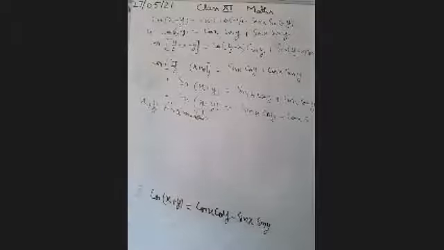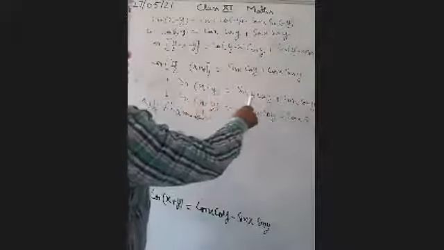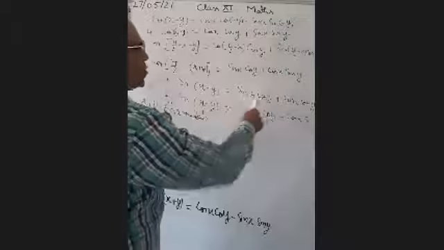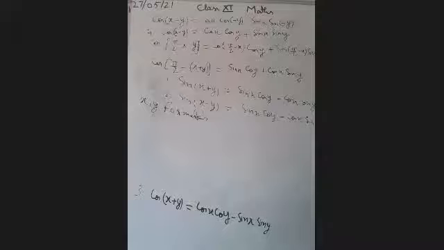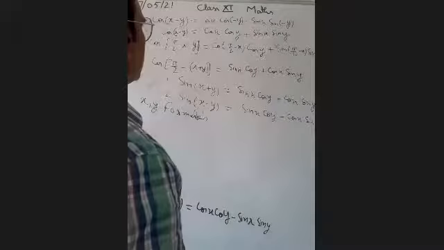These four formulas: sin(x + y) = sin x cos y + cos x sin y. Whenever we have sin, we get sin and cos simultaneously. But wherever we get the formula of cos, we get cos on one side and sin on the other, with a plus or minus sign between them. So you have to memorize these formulas. After memorizing, we can make some more formulas which will help you.